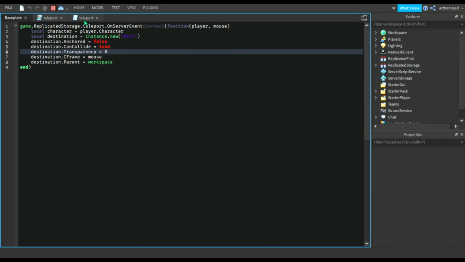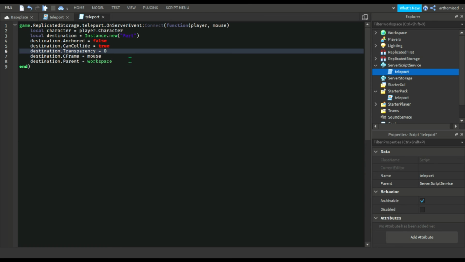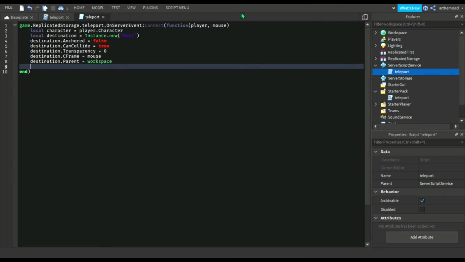In this script, we're going to move our HumanoidRootPart to the part, but we're not going to literally move it to the part, or else you're going to be almost underground. We're going to use an up vector. So character.HumanoidRootPart.CFrame is equal to, well, not just equal, my bad. It's equal to destination.CFrame